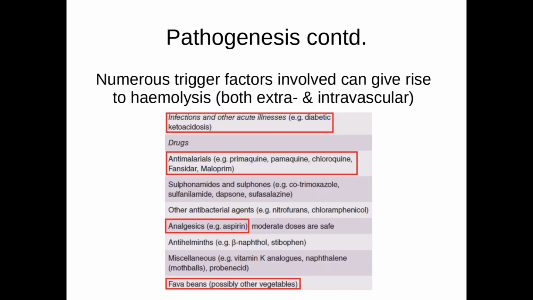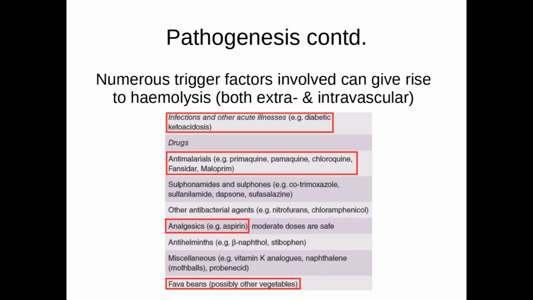The patients who suffer from G6PD deficiency do not always have hemolysis. They have hemolysis when the oxidative stress, that is the amount of free radicals, is very high. So there are some trigger factors which we need to remember, which are known to generate more oxygen free radicals. So here is a list of it. Some of it I have highlighted inside a red colored marking. We'll try to remember those.